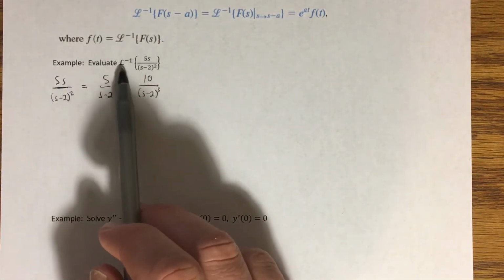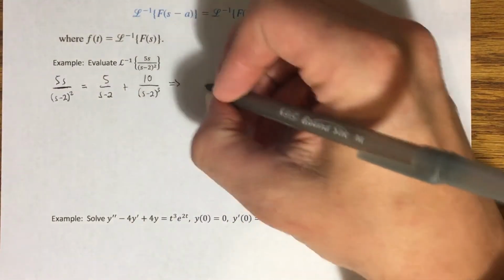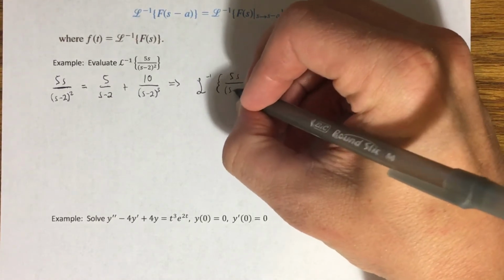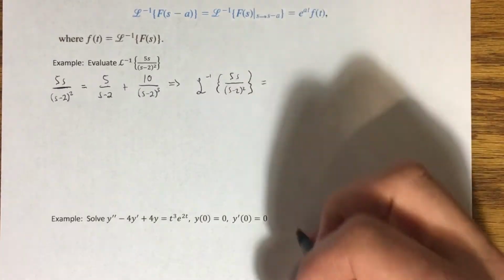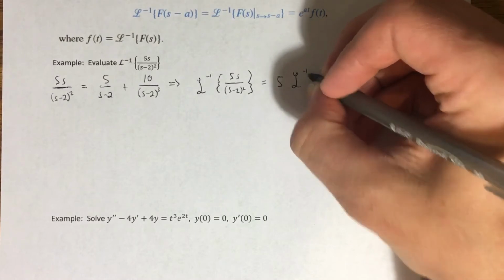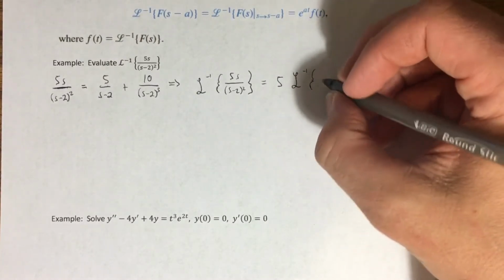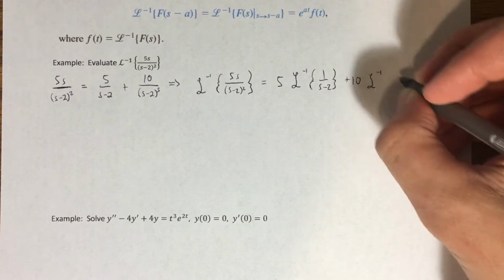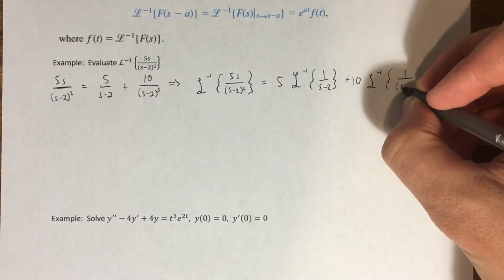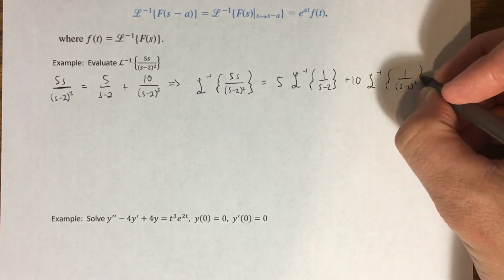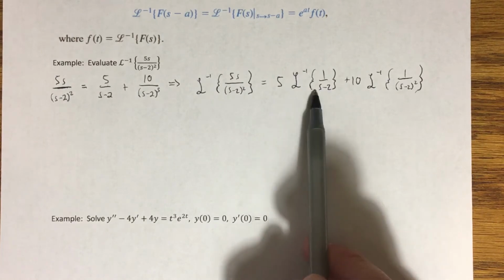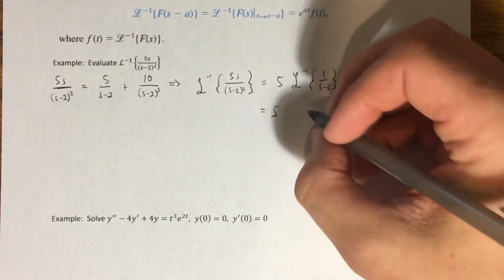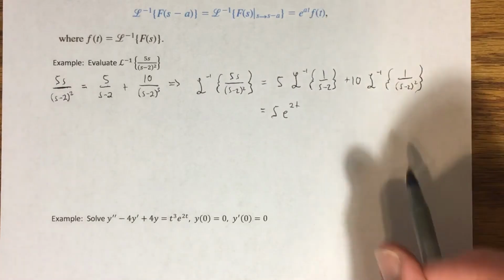So what this means is that if I want to evaluate this inverse Laplace transform, 5s over s minus 2 squared, that's the same thing as evaluating this linear combination of inverse transforms: 5 times the inverse transform of 1 over s minus 2, plus 10 times the inverse transform of 1 over s minus 2 squared. I'm just using linearity here. Now this first one, we can find directly. This is straight from our table. We know that this is equal to 5 e to the 2t plus 10 times